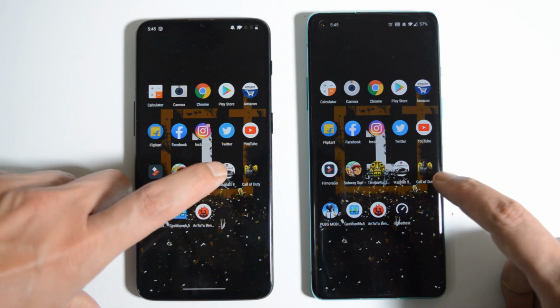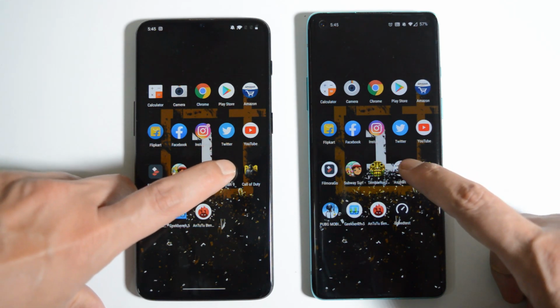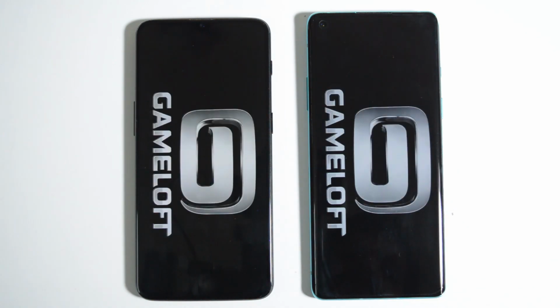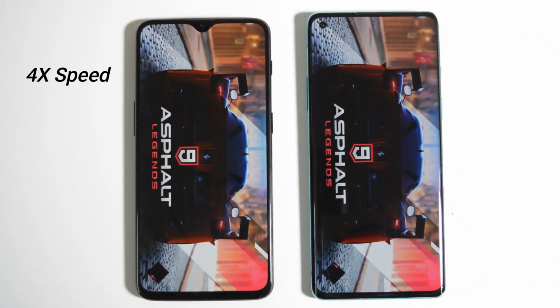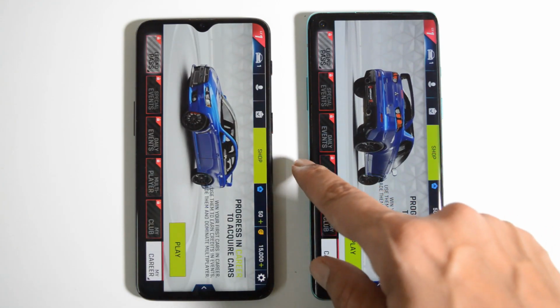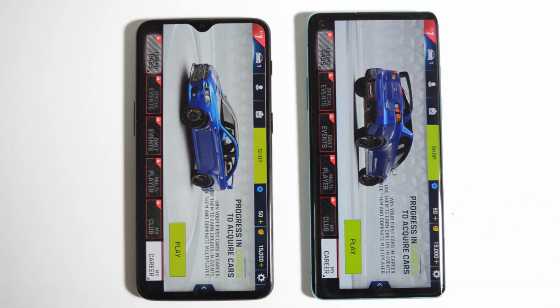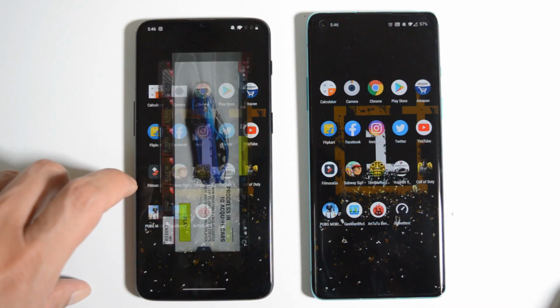Now we have heavy games like Asphalt 9, Call of Duty and PUBG. Moving on to Asphalt 9 in 3, 2 and 1. That also loads up faster on OnePlus 8, but not with a huge margin, hardly 3 to 4 seconds ahead than OnePlus 6T.